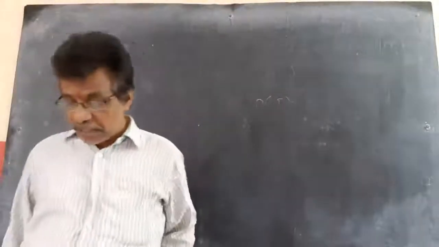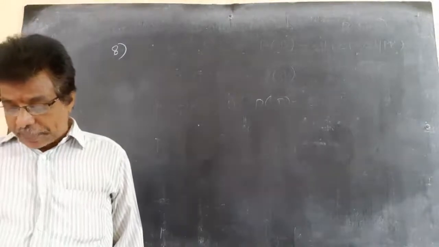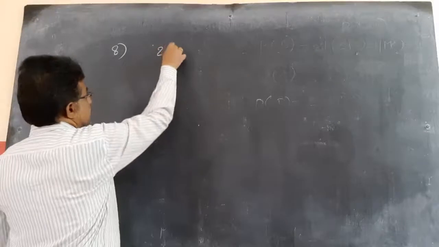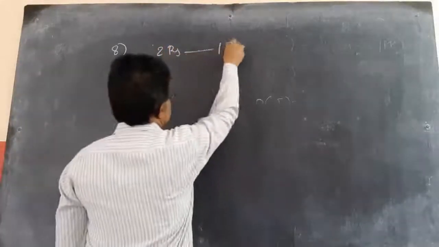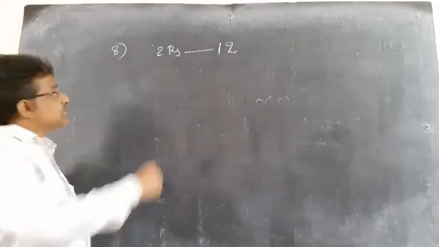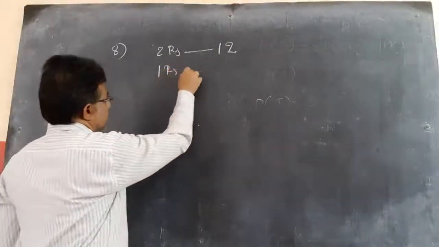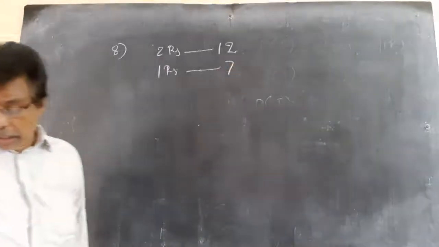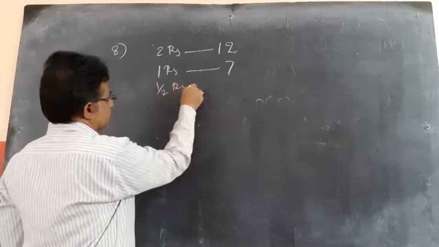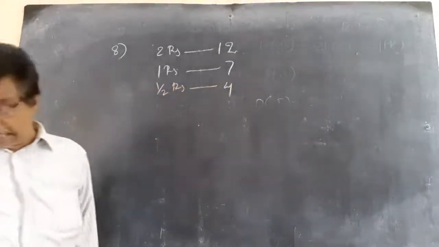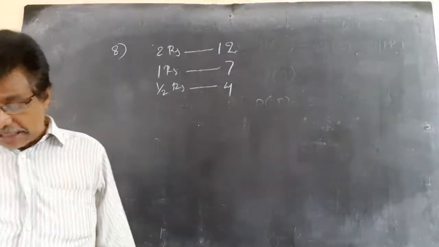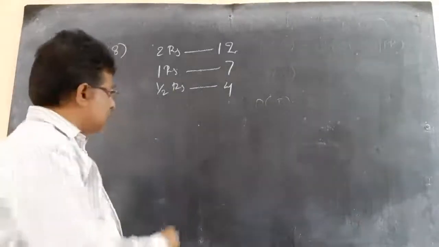Now the 12th sum. A bag contains 12 2 rupee coins, 12 coins are there in the bag. Next, 7 1 rupee coins, 7 are there in the bag. And 4 half rupee coins, 4 are there. If 3 coins are selected at random from the bag, find the probability that the sum of the 3 coins is